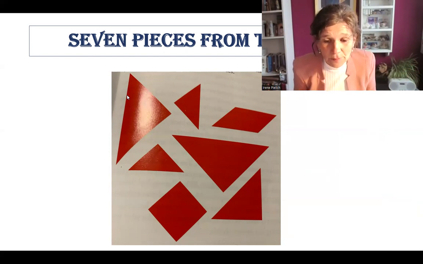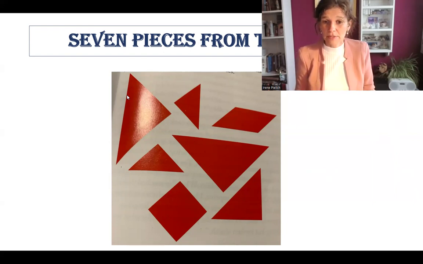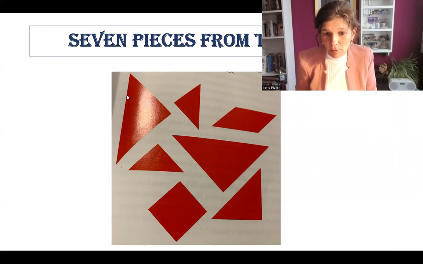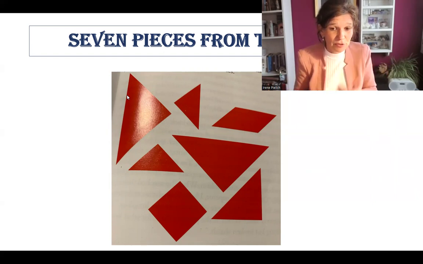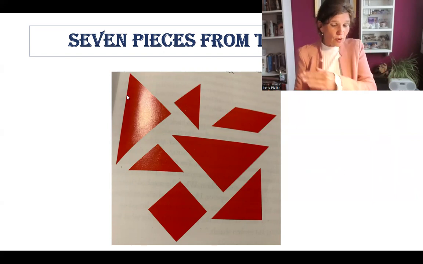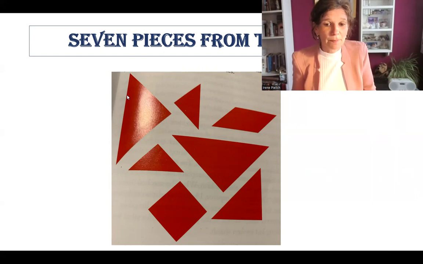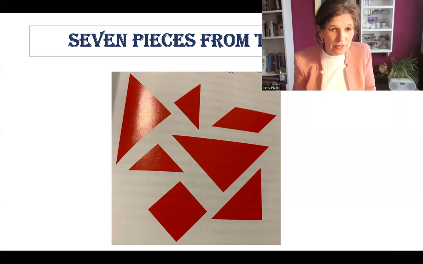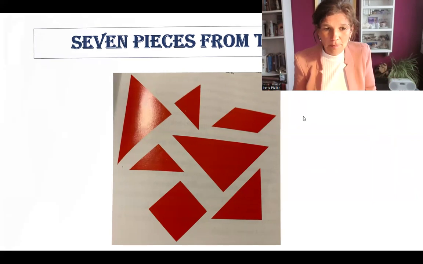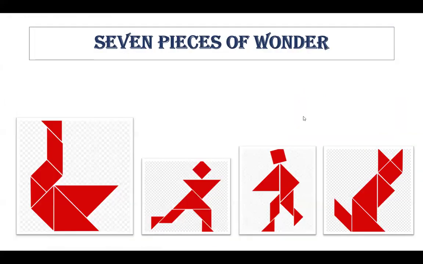So he saw that these pieces were not ordinary pieces, but pieces of wonder. He had something very special to show the emperor. And he didn't mind anymore that they were shattered because he had something special. So he goes on to the emperor. I will show you the pieces of wonder now. Wow, these are the 7 pieces of wonder.